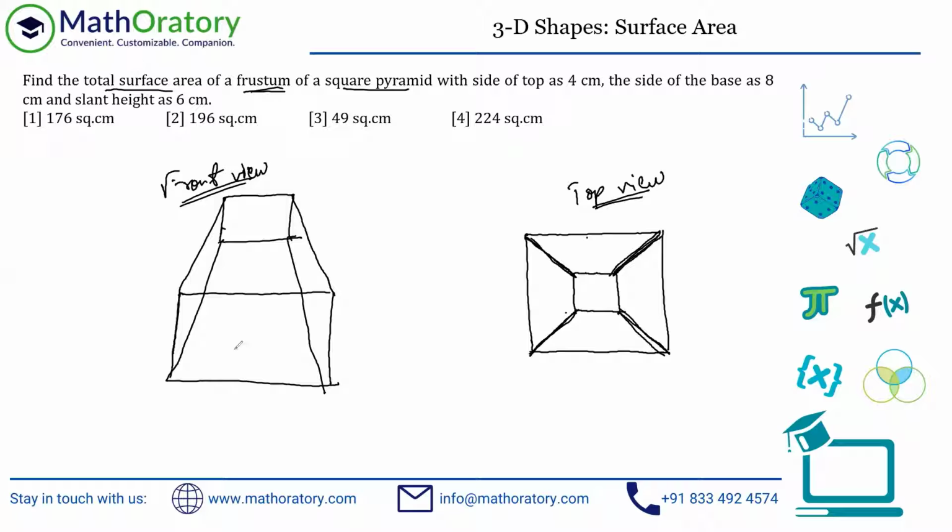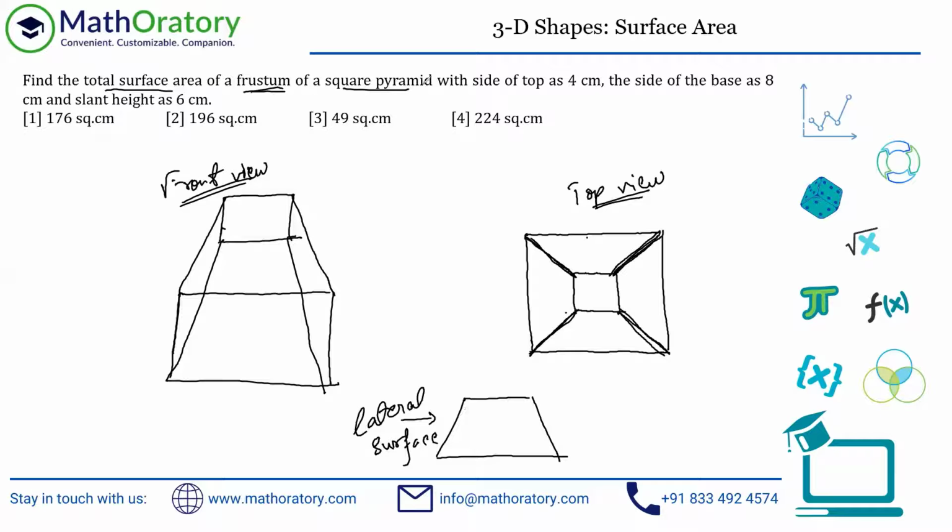What you have to understand is there is a square below, there's a square up top, and each of these side faces will actually be a trapezium. To be more precise, this will be an isosceles trapezium. So it will be something like this. Both of these will be equal in length, and this and this are the edges of the two squares, the one on top and the one below. So this is the lateral surface, by the way. This is the entire figure. I've tried to break it down so that you can visualize it properly. Anyhow, let's carry on with the data.